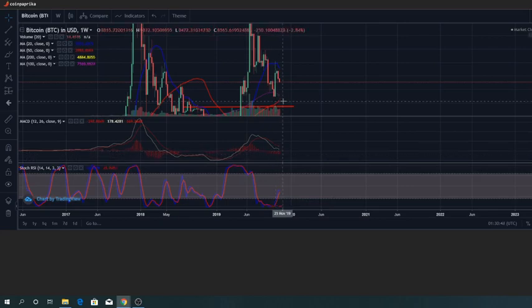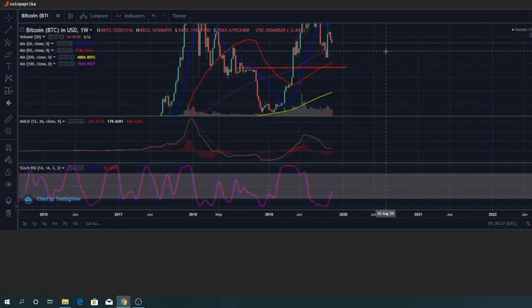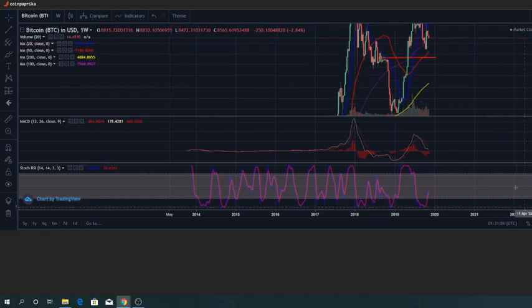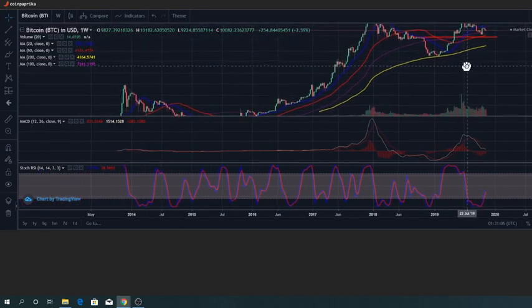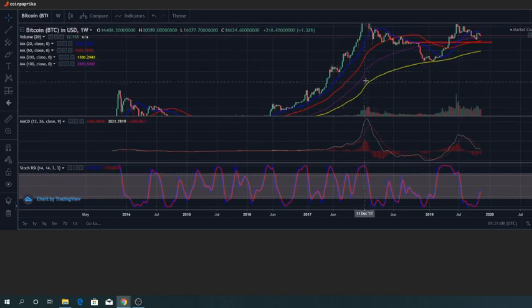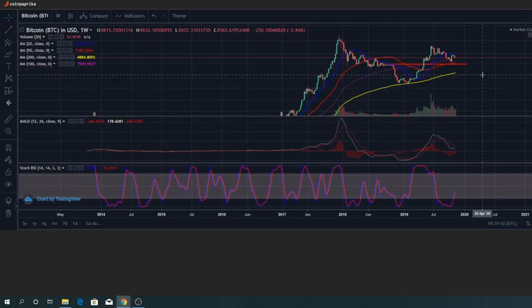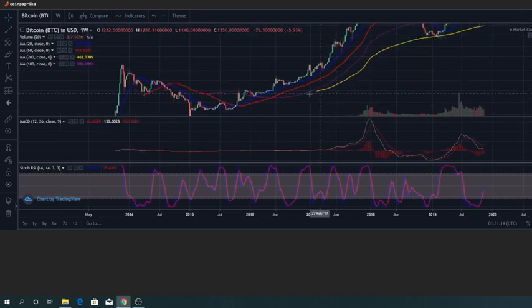We are in between the 100-day moving average and 20-day moving average, and the 50-day moving average is still leaning towards upside, right? It's still moving in a positive direction. The 200-day moving average is moving in a positive direction. If we change the chart into a log scale one and zoom a bit out and look at the trend, we can still see that the 200-day moving average is rising, and it's around 5,000. So if we compare here, see the chart here, it will be somewhere above that.